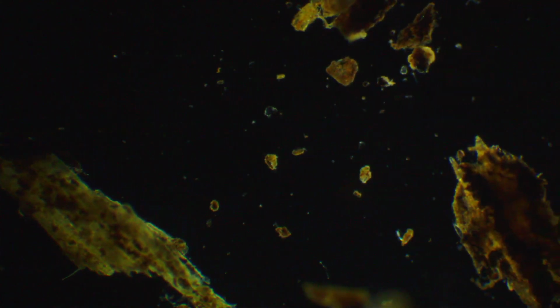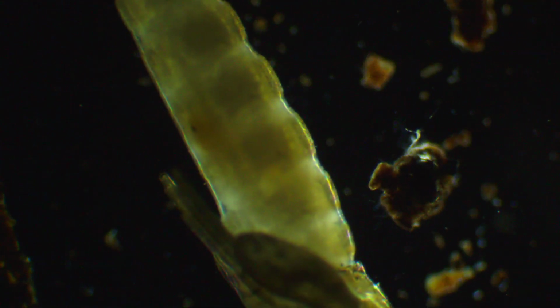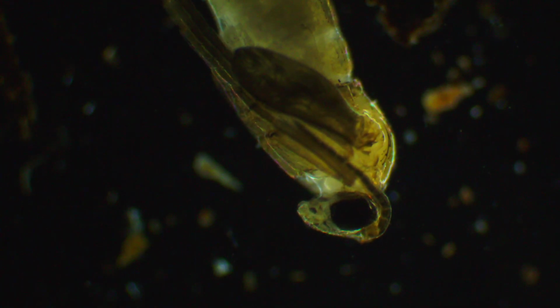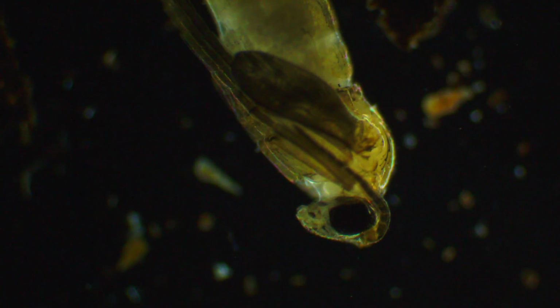Some itty bitty guys flying around. That's a big piece of something. What is that? Is that a bug? OMG. Look at that little guy right there. Our big guy. Wow. You are impressive under the microscope. Look at him. Wow. All right. Well, that's pretty interesting. I don't know what it is exactly,